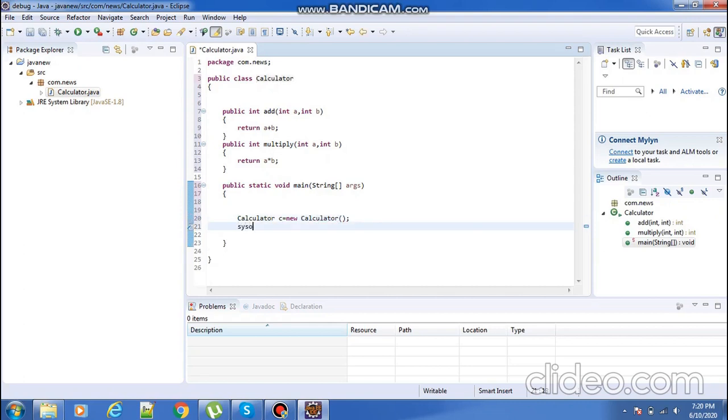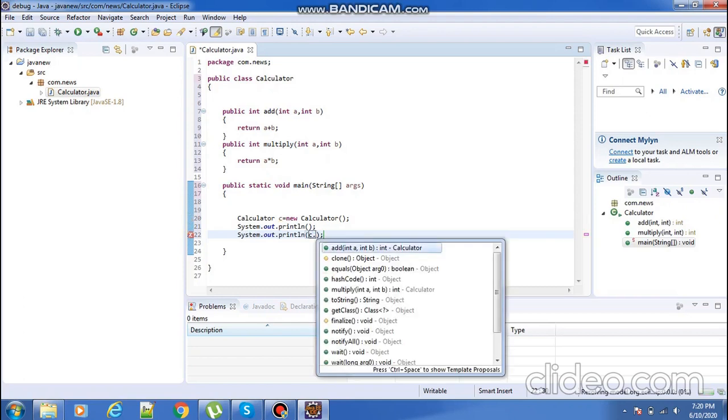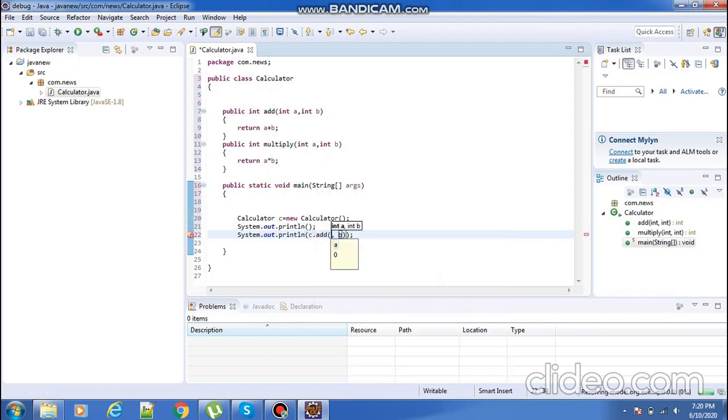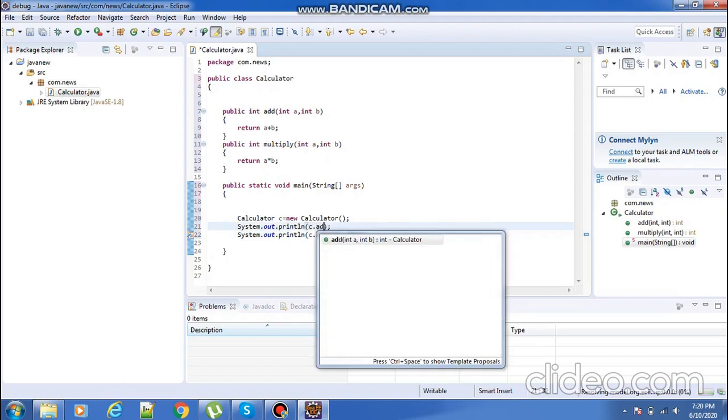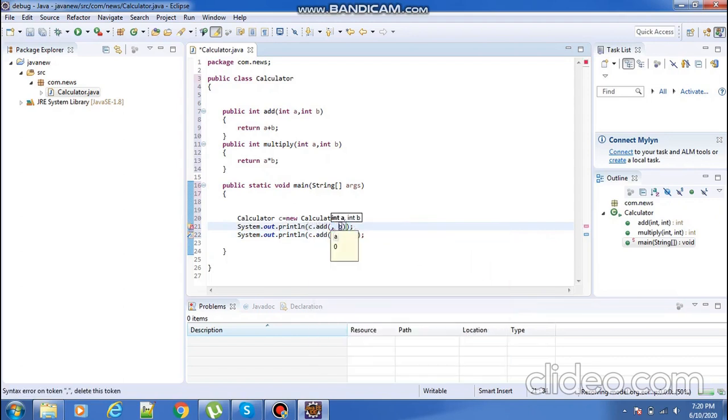Then System.out.println, and I'm giving c.add, mentioning the two variables, some values, 30 and 50.